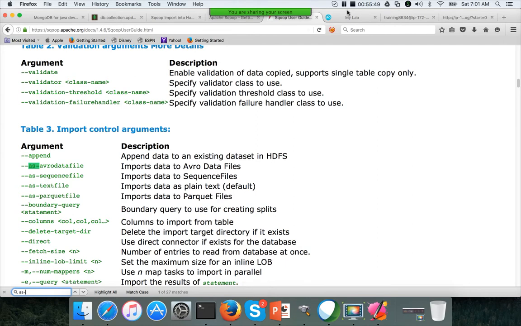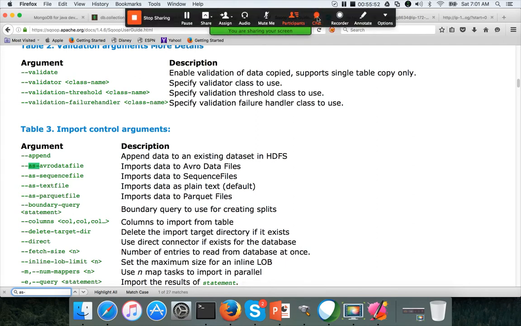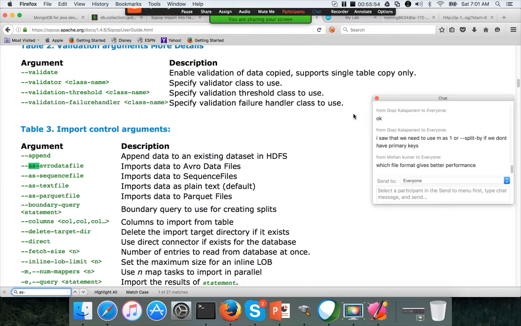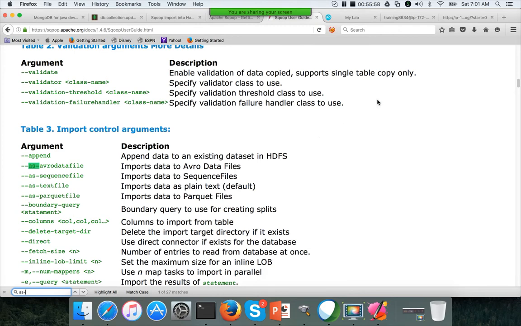So this is a relevant question, good question from Mohan. Which file format gives better performance? So you won't see much difference in performance from the Sqoop perspective. Even if there is any performance difference, it will be negligible. Okay, the performance aspects come into the picture with the tools you will use to process the data later.